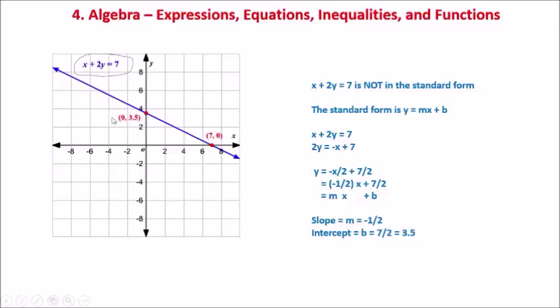Does it make sense? Yes, the line is going down like a slide is going down. It's not going up. So I expect the slope to be a negative number, right? It makes sense to me, okay? So now